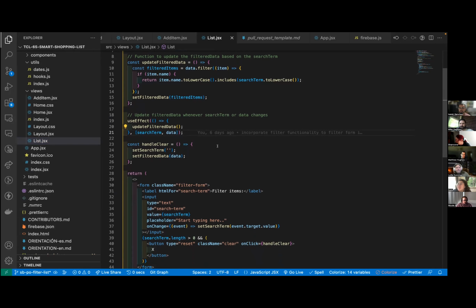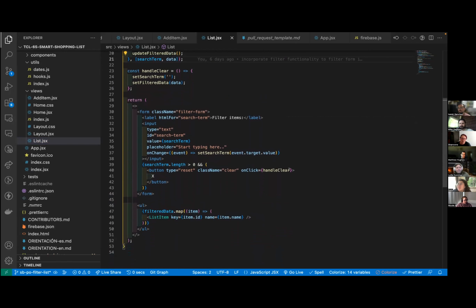And Matthew has awesome comments on our code that I unfortunately didn't see till this morning. I just want to touch on that as soon as I'm done with this. And then down in our form, we have all of our search filter. We have an on change event that is going to change if there's something there or something not. And then down at the bottom, or line 39, is our